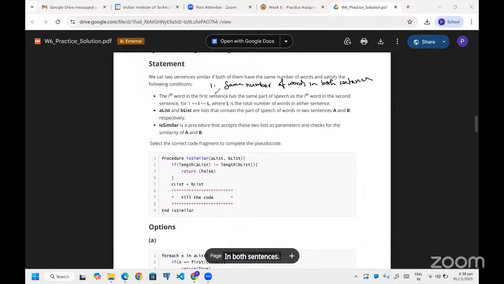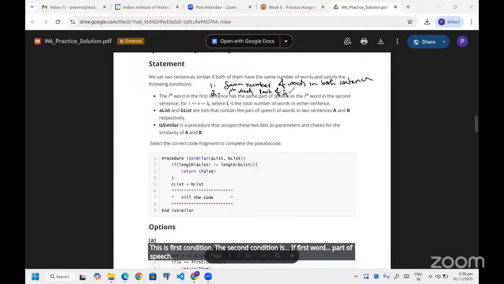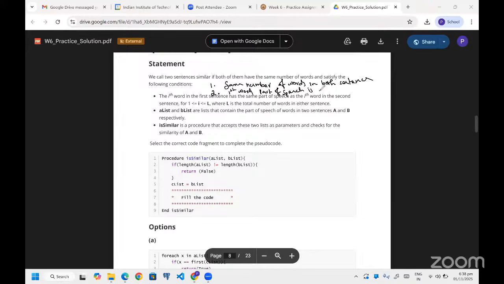The second condition is if the first word's part of speech is a noun in the first sentence, similarly the first word's part of speech should be a noun in the second sentence also.